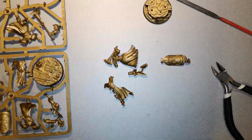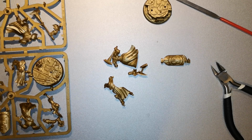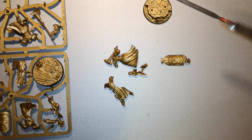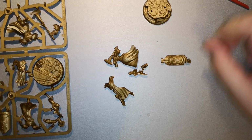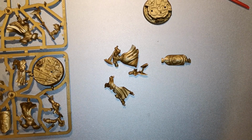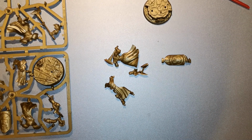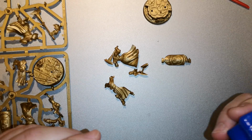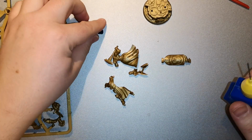Right, so when gluing your models together, you need to make sure there's a couple of things that you follow. One, any tools that you don't need, you can just move out of the way. So these clippers I don't need anymore, hobby file don't need anymore at the moment. The other things to remember is glues are normally a bit toxic. Do not lick your fingers after if you've touched glue. Do not ingest any of it, and they stink normally to high heaven. So I'm going to be very, very precise with using the Contactor Professional just here. So let's start putting